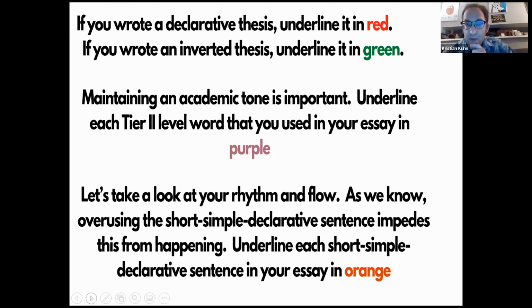So another thing that we do is teeter-totter balance the academic with the colloquial and the vernacular for voice. So in pink, I have them underline any colloquial expressions. And I know that you guys that are here, teaching the college classes and the AP classes, that makes sense. The younger kids, if you got a really good set of writers, then you definitely can start talking about that sort of stuff.